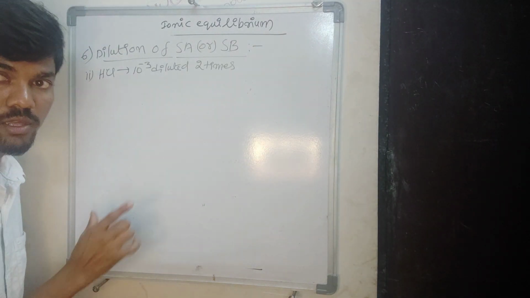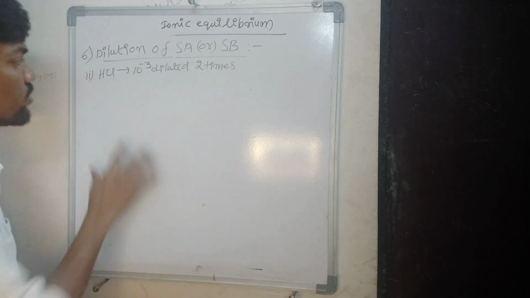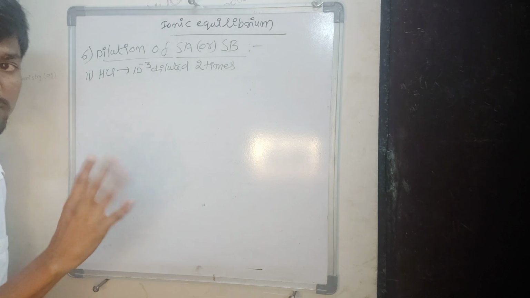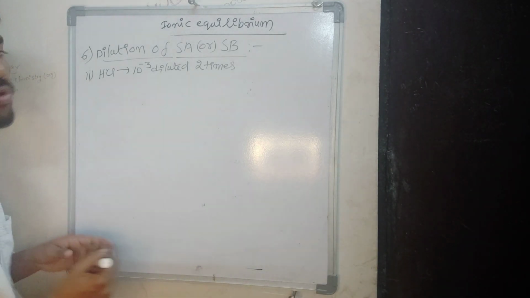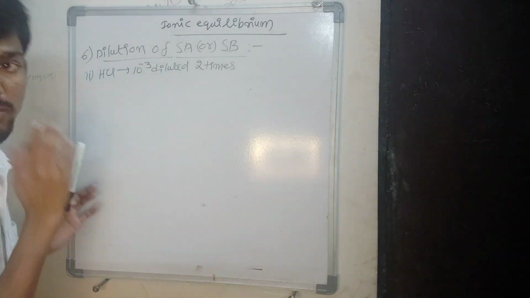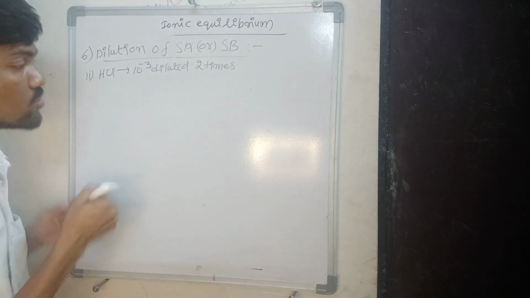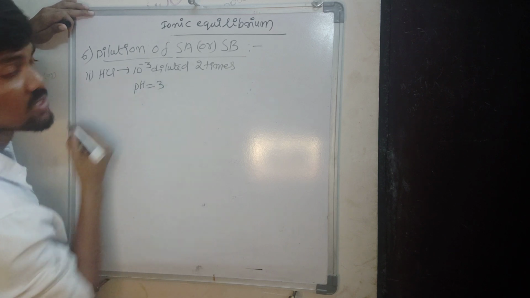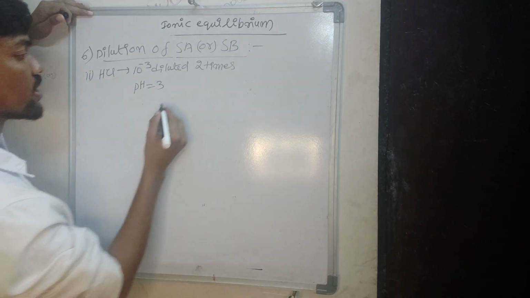Another form of question is where they give the new pH and we have to find it out. Here for HCl the old pH is not given directly, so first of all we have to find the old pH. This is an acid, and the acid formula you know, using concentration or molarity. So how can you find this? The pH value is, with the negative 3 exponent, pH 3. So now we can find the new pH.